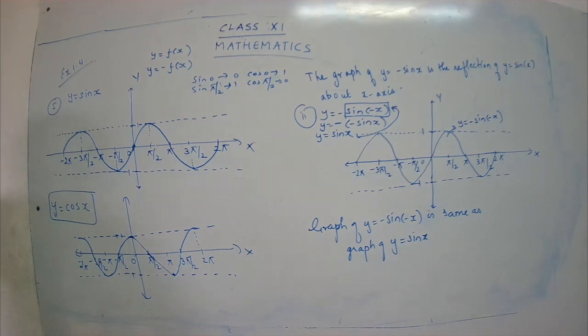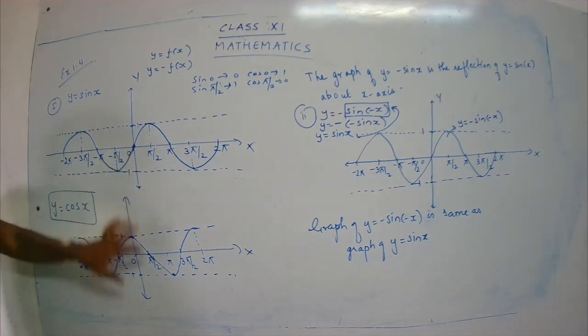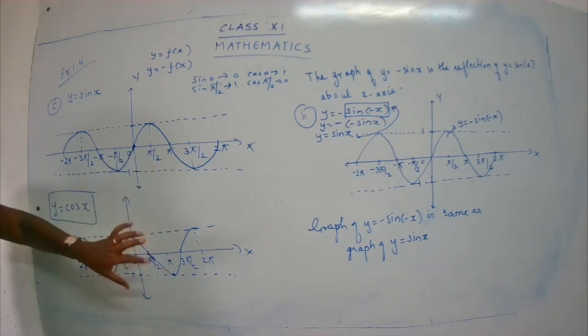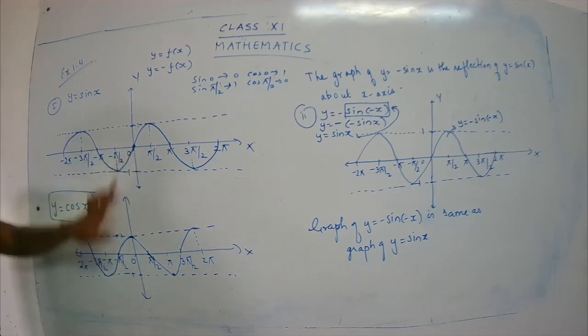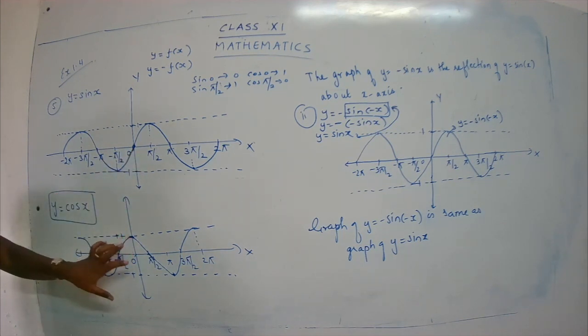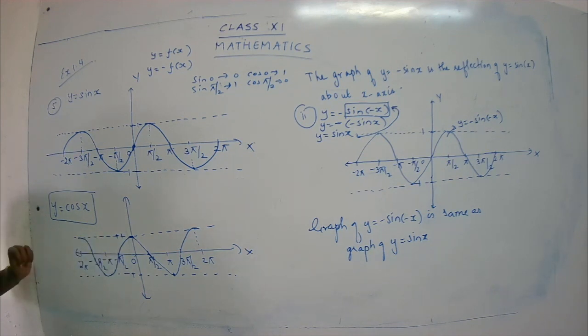Okay, it goes like this. It starts from, see, there's a difference. Everything looks like a wave, but there's a difference, children. See, here I start from 0 for sine, and here I'm starting from 1. If you just want, you can just take,